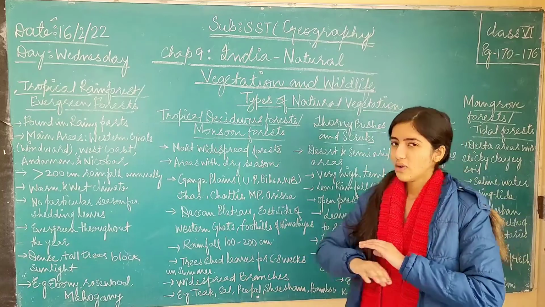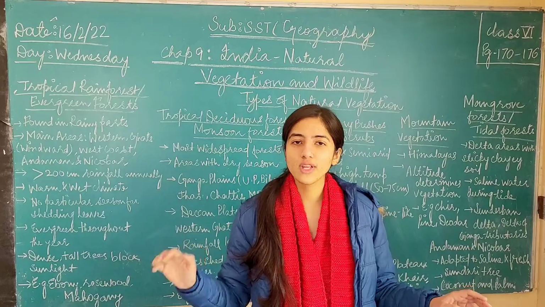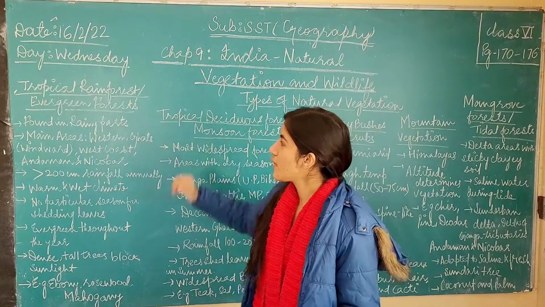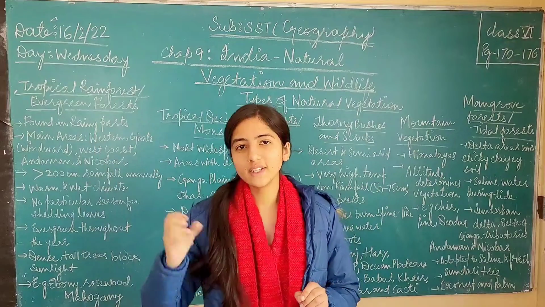You can see a lot of ground which does not have any plant, which does not have any trees. It means that these forests are open. They are not like the tropical rainforests which are quite dense, and the top layer of the forest is covered with leaves such that the sunlight cannot enter the forest.